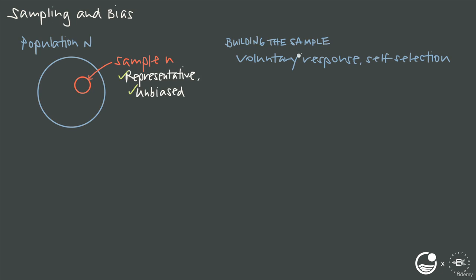And there are so many different types of biases we can introduce. We want to cover just some of the most obvious ones here, but just know that this is certainly not a complete list. So the idea with voluntary response bias or self-selection bias is that if people are asked to